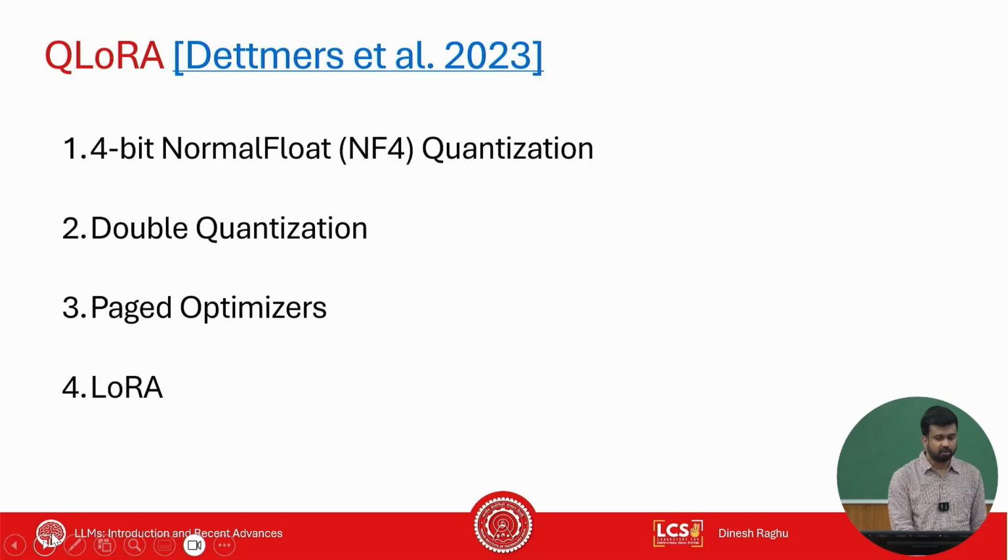So QLoRA is a combination of these four items, right? The LoRA is borrowed from previous work, but what these authors suggested is that on top of LoRA, we would use a specific format of quantization of weights, which is called the 4-bit NormalFloat. They would use something called double quantization. I will get into the details. And they also make use of some hardware specifications to further reduce the memory footprint. They looked at the fact sheet of NVIDIA GPUs, and then they came up with paged optimizers, which would further reduce the amount of memory that you would need during PEFT.